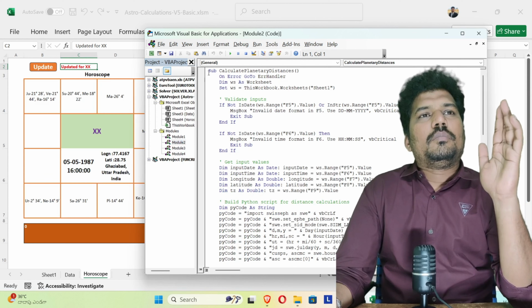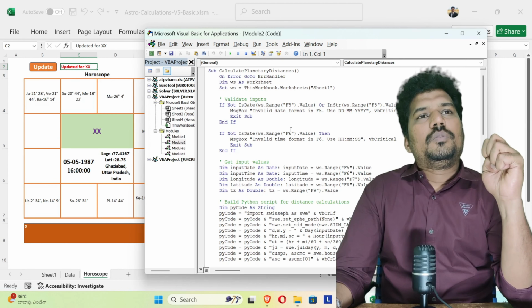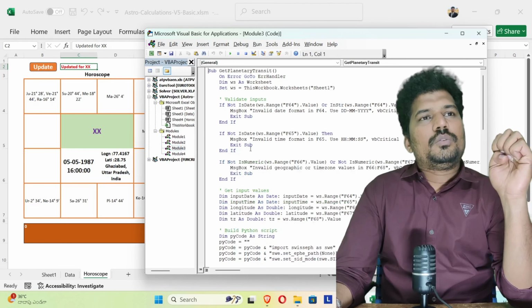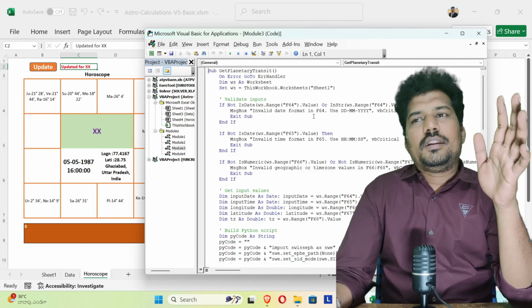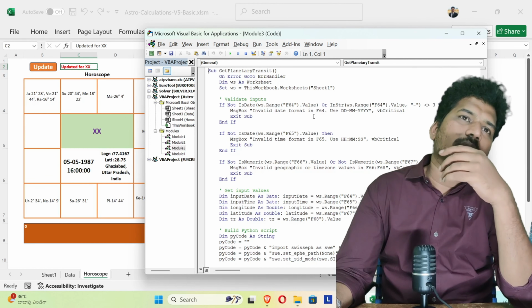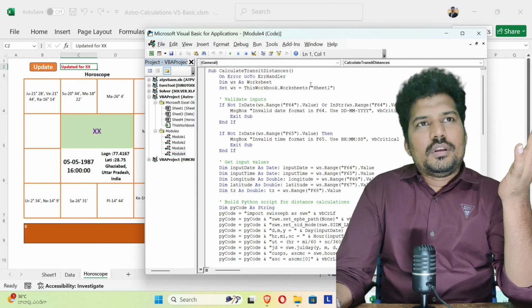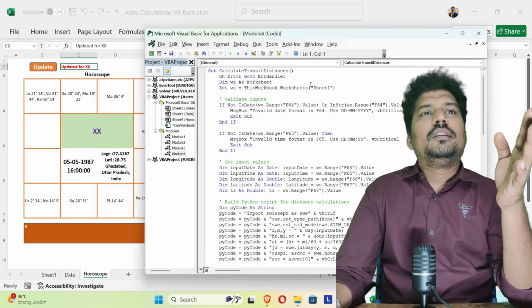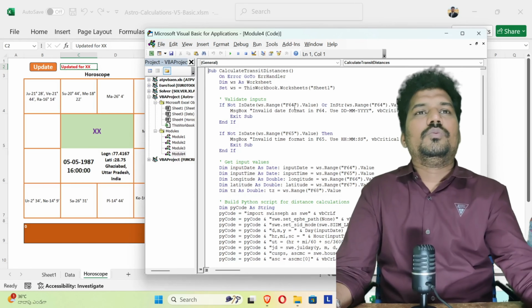Module 2 is about getting planetary distances at the time of birth, and module 3 is about planetary position at a particular date, which is nothing but transit details. And module 4 is about, for the same transit details, what are the distances available at that time, whatever you have chosen.